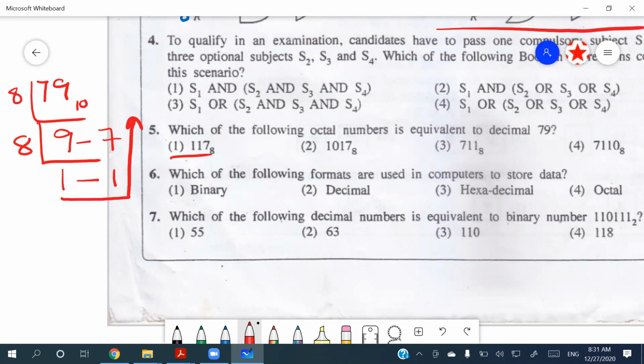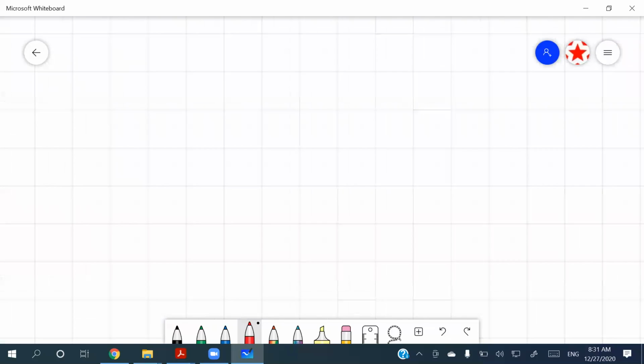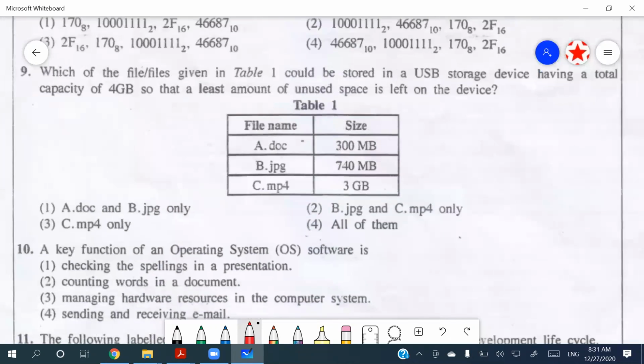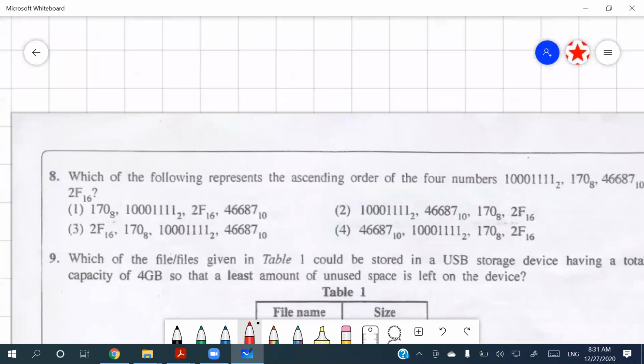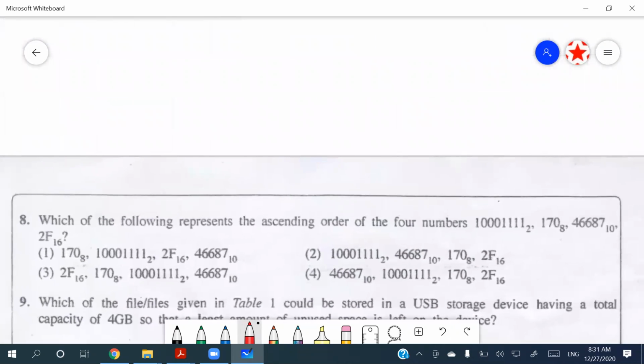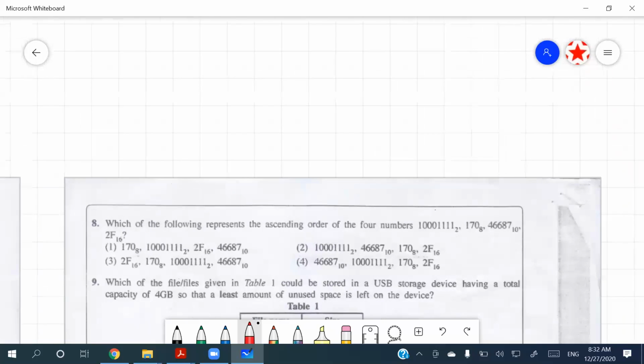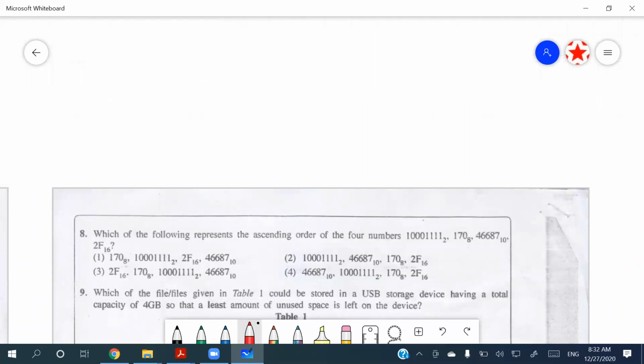Right? And the 8th one. So moving forward, the 8th one. Yeah. So in this case, now we know by experience, we have to go through all the workings. So what we are going to do is quickly go through the things. So it is giving us these particular numbers and they are asking us to